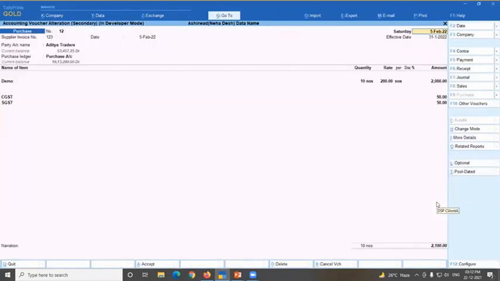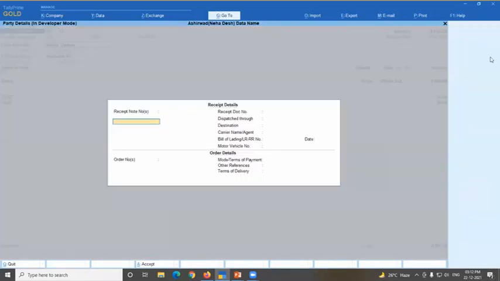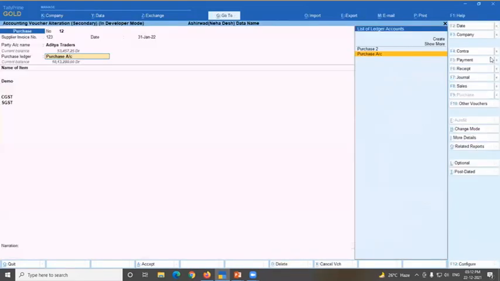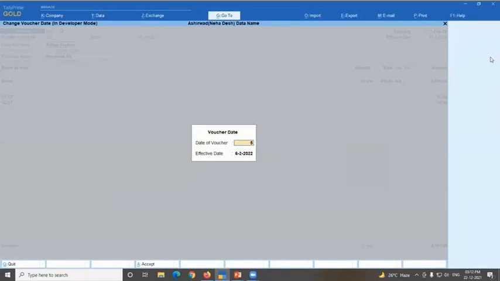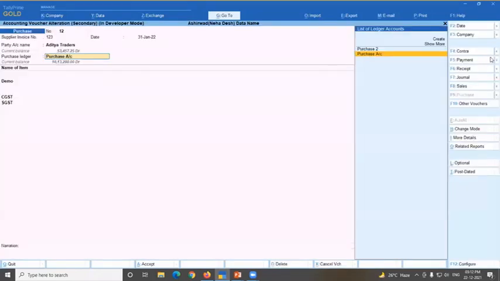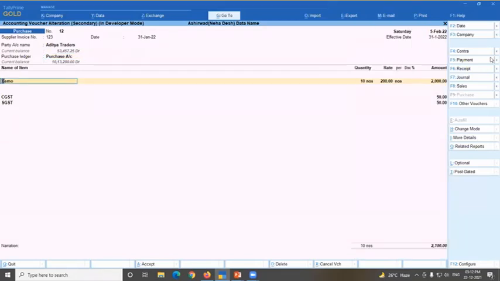And see what happens here. The voucher date is 5th February, and in effective date, I am showing you F2 here, 31st January is my effective date. What is the use of that effective date?